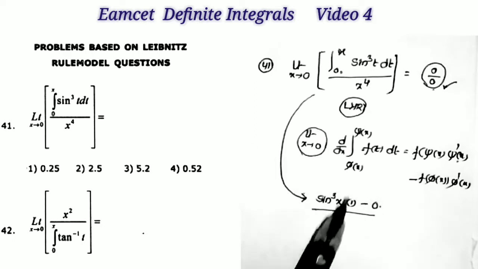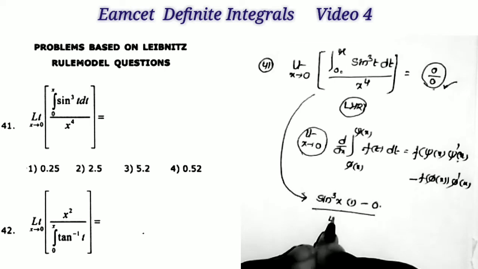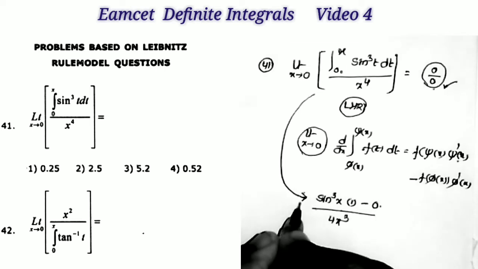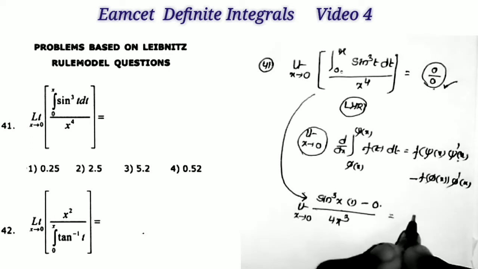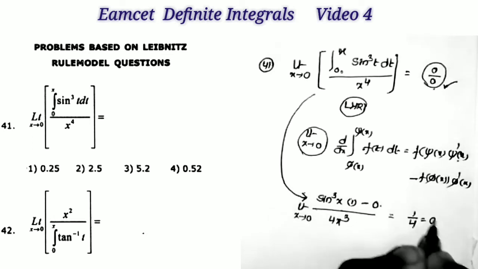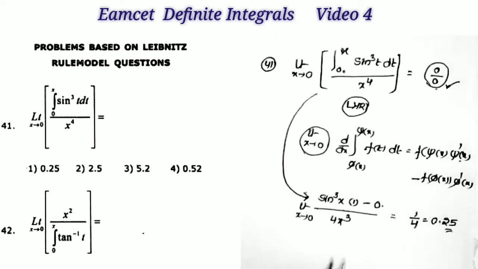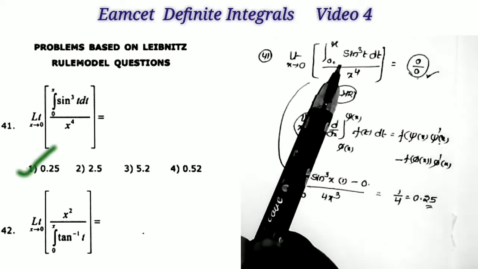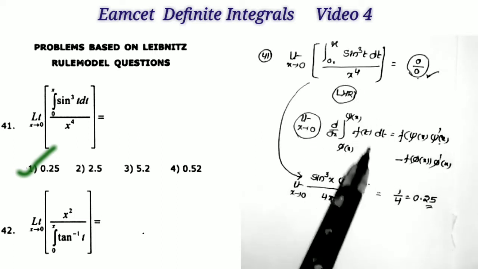So this is the numerator value. This is the value obtained by applying this formula. Okay, what is x power 4 derivative? 4x cube. Now clearly this is in the form of sin x by x, and that is equals to 1. So answer is equal to 1 by 4, that is equal to 0.25. That's all. And that is the first option. So to find the derivative of the numerator, here we have to apply the Leibniz rule, and this is the formula for finding that value.